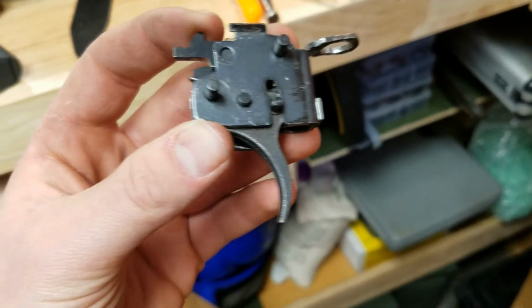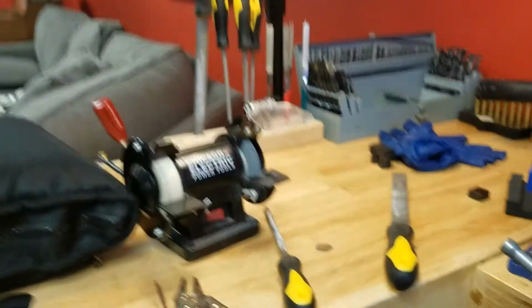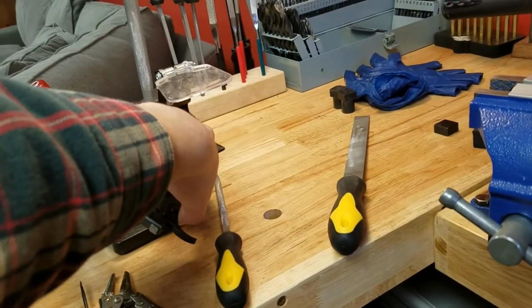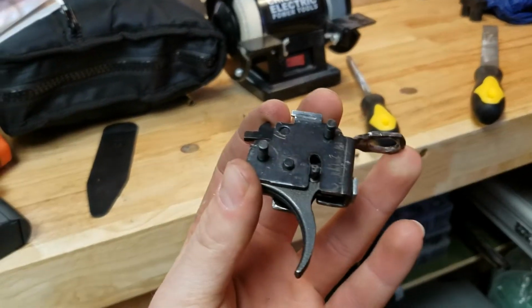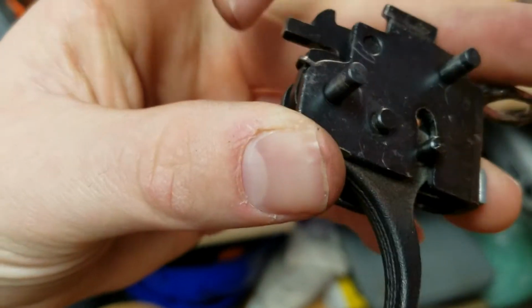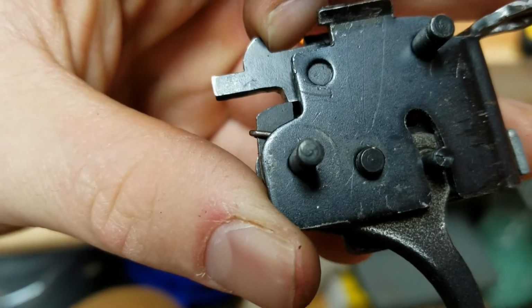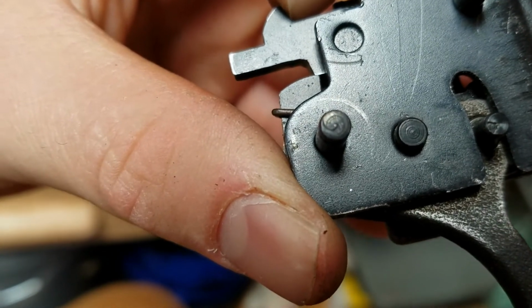Okay, so I got that all filed up. I actually had to use 2 files and a Dremel because I really messed up on the grinding wheel, not knowing that that was a kind of rounded off. It doesn't matter though, this trigger is just an extra, it doesn't get used. So I'll show you here. I almost went too far, but you can see, and I didn't put it back together properly either, of course, but you can see there's now just quite a bit less